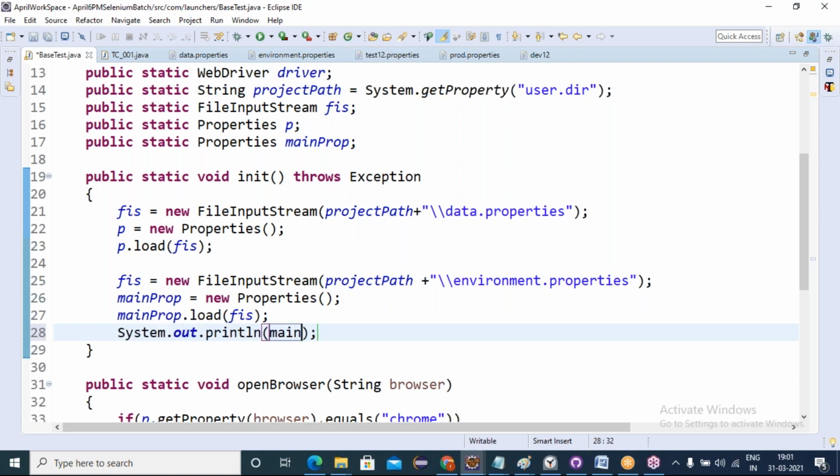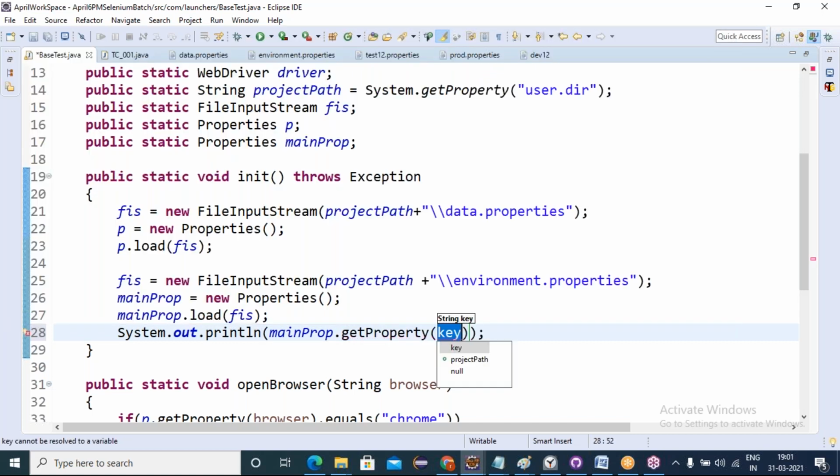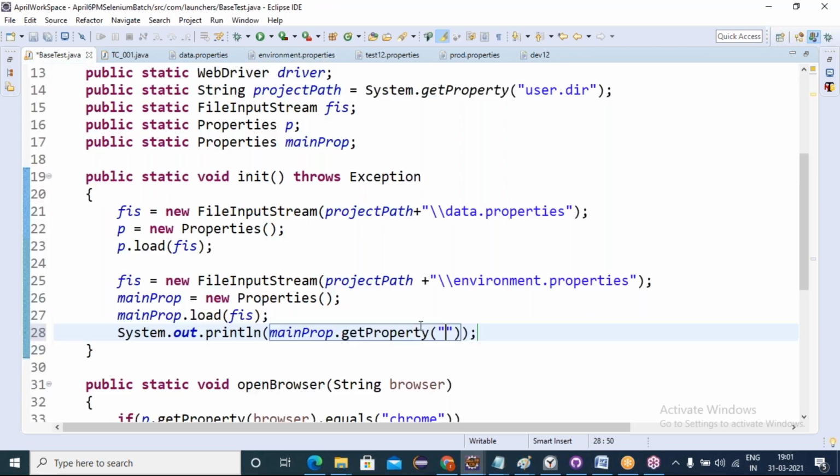Now mainProp.getProperty, we have to give the string key. What is the key we have, friends? The key is ENV. Shall we try whether the ENV key-based value prod is coming or not?